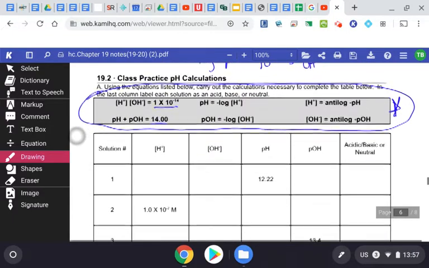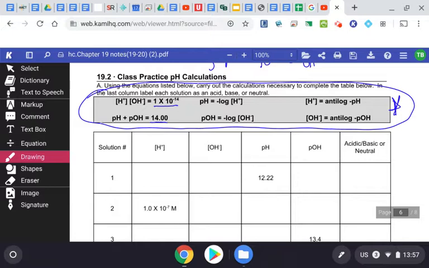So the first problem we see here is the pH is 12.22. I would go and figure out my pOH then. That's the easiest one to do. So I'm going to take 14 minus 12.22. When I do that, I get a value of 1.78. Now, to figure out my hydrogen ion concentration, I'm going to use